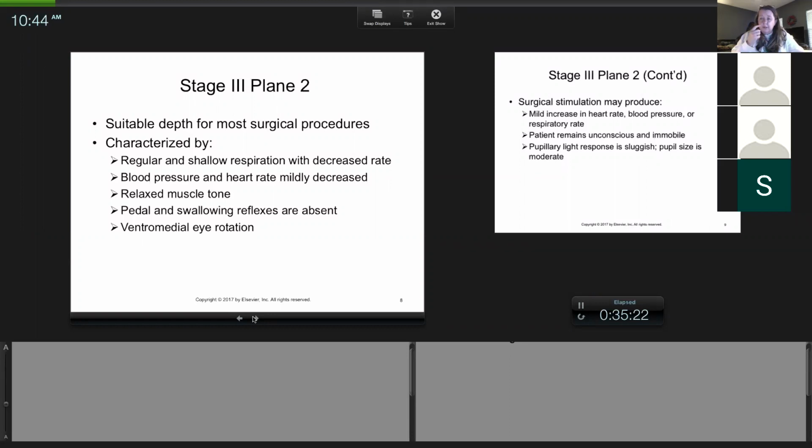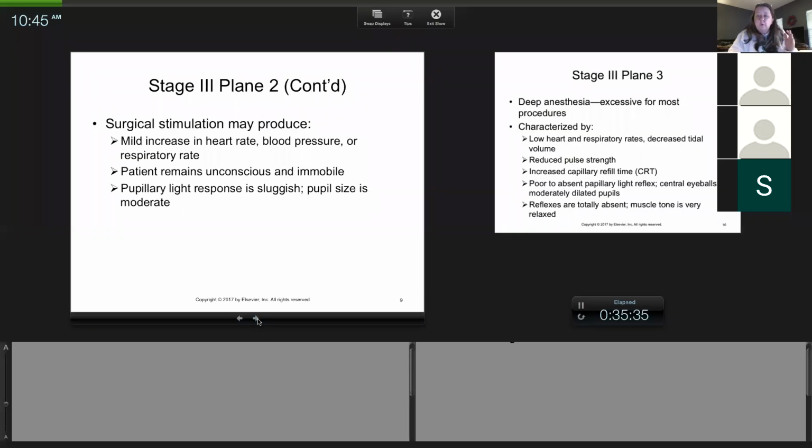Their eyes are rotated ventral and medial. So when I look at the eye, I want to see it looking at the nose, ventral and medial. That's where your eyes want to be, okay? I'm probably not going to do a corneal reflex. I'm probably not going to do a pupillary light reflex unless I had a patient I was really concerned about